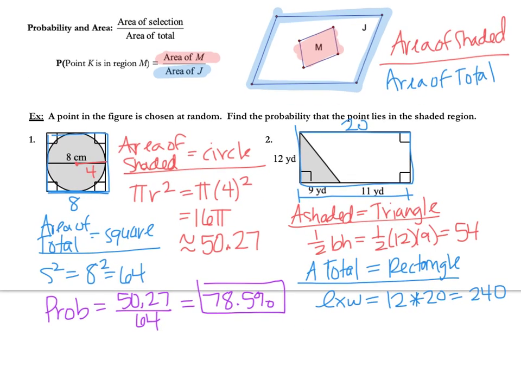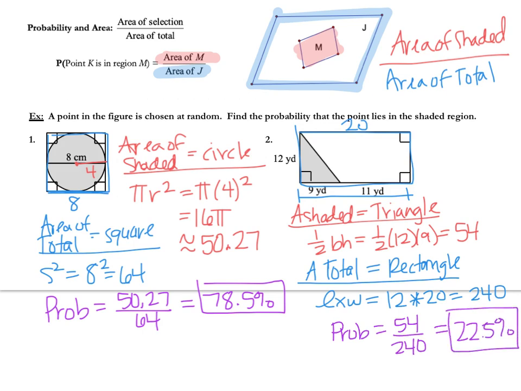And then to find the probability, it's the shaded divided by the total. So that's 54 divided by 240. You're going to divide that on your calculator, multiply by 100, and then you're going to round to the nearest tenth. And this comes out to 22.5%